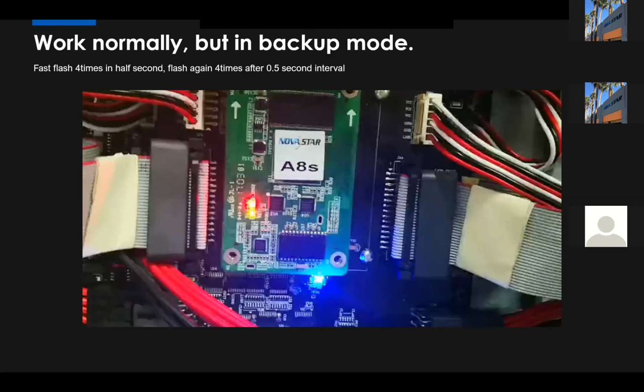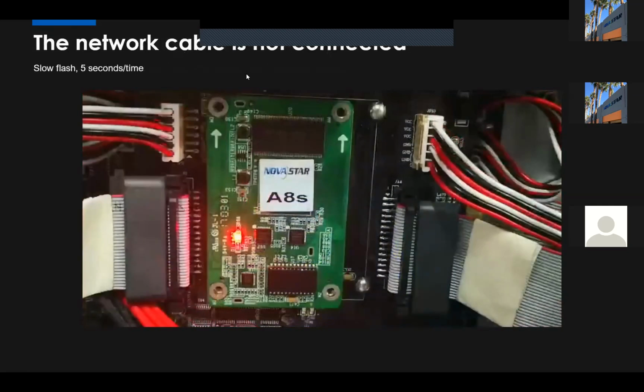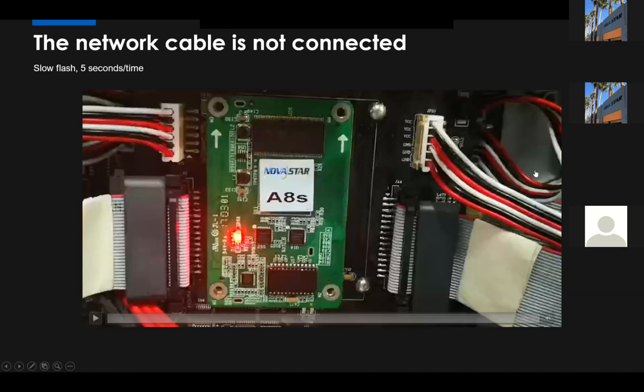Now, the network cable is not connected. This is a slow flash, once in every 5 seconds.